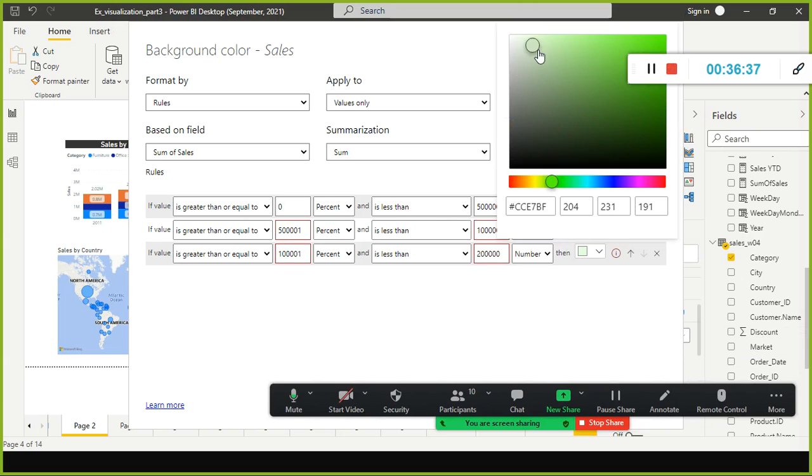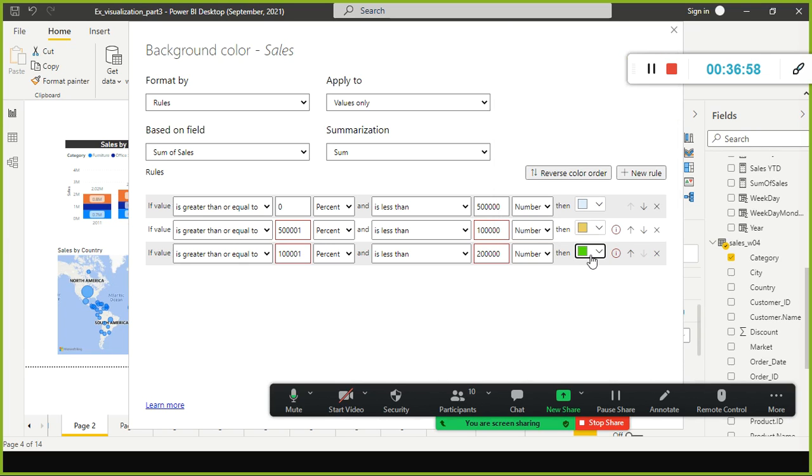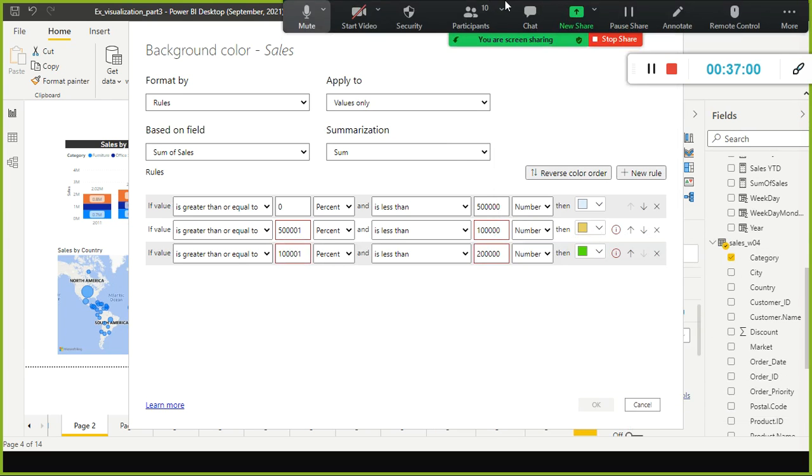You need to move this one from here to here. See, now the green color is available. Or you can specify the color code explicitly here. Just do some googling to get the color code and simply copy paste it here. You don't have to drag like this. I got this green color now, though it was not available in that palette.